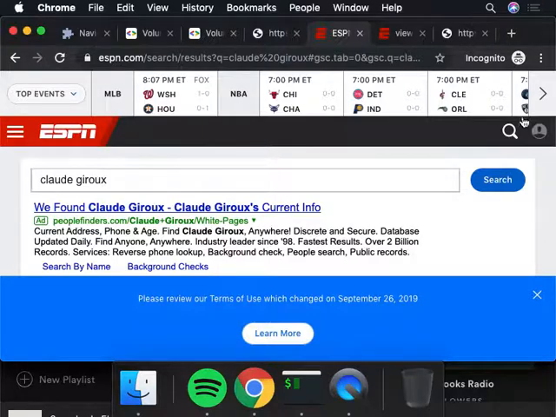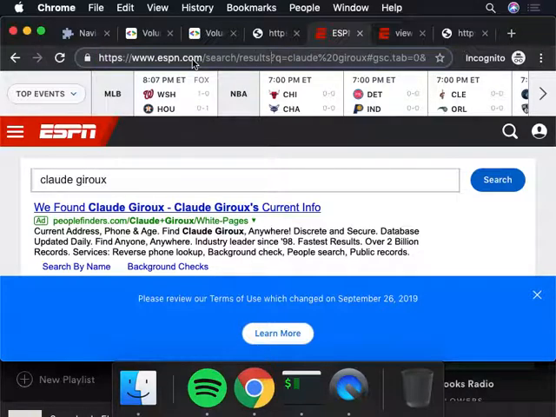So now what we could do, let's say it was back to teams, but teams that were formed in the last 10 years or something like that. Here we're saying search results, but search results such that they have the text Claude Giroux in them, okay? So what you can see happens is we have this question mark, right?